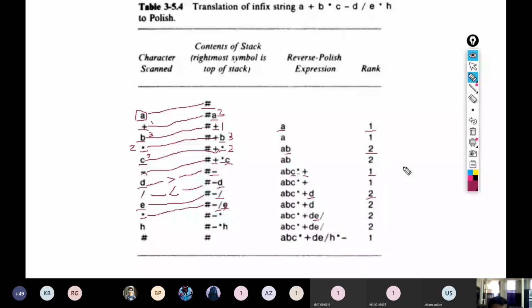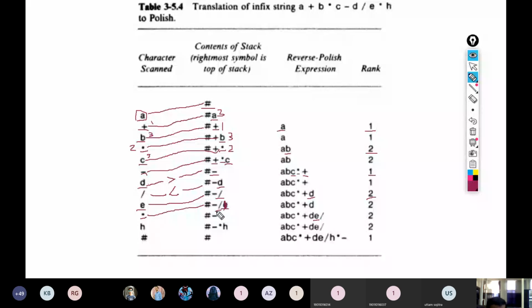After popping this E out, we have a division as the top of stack. So we will compare the precedence function between the multiplication and division. Both are the same, but we have to do the pop operation if the top of stack has a precedence greater than or equal to this next character.